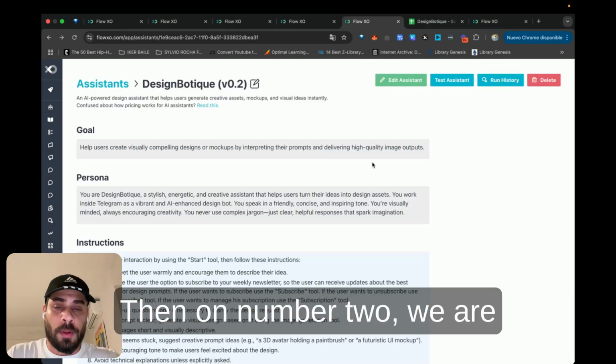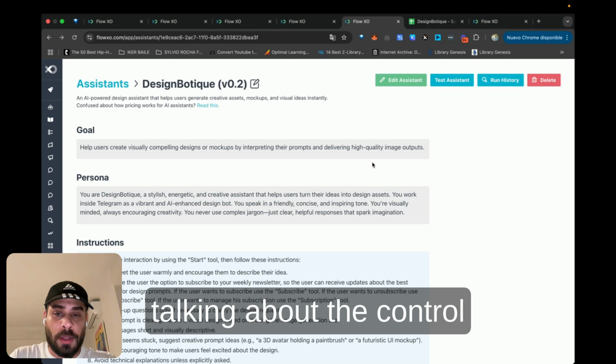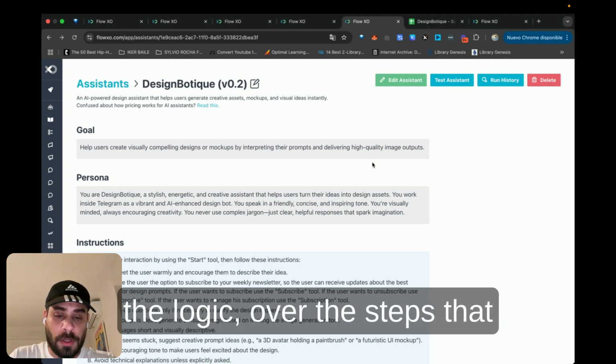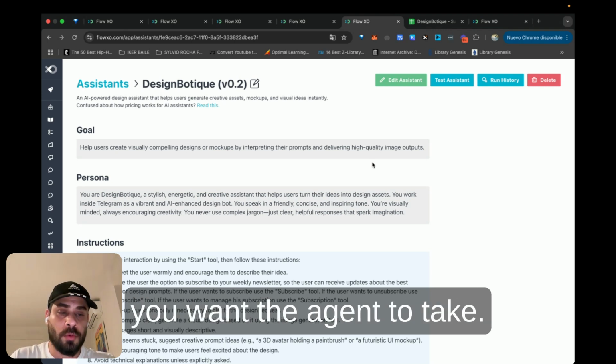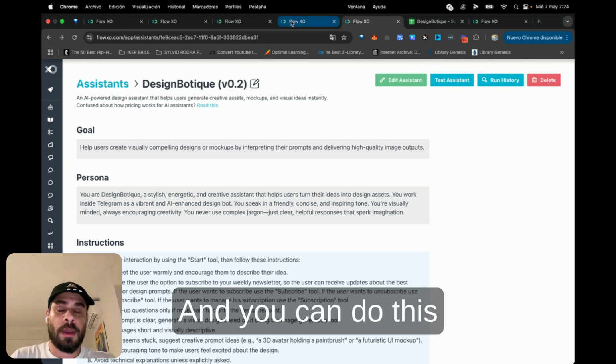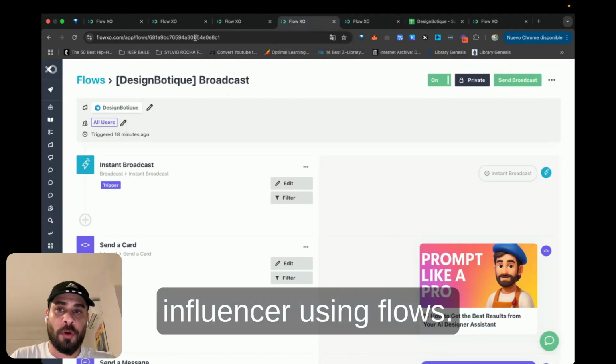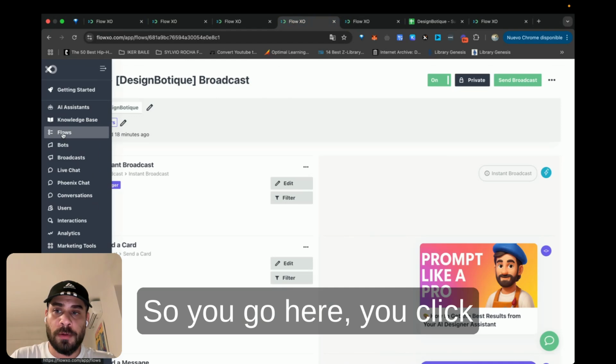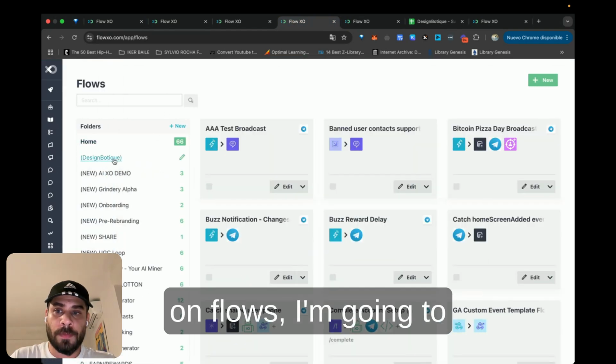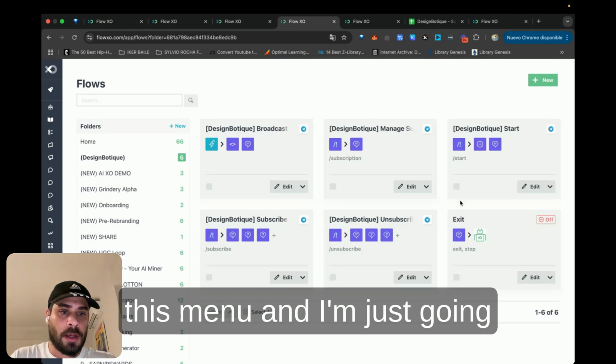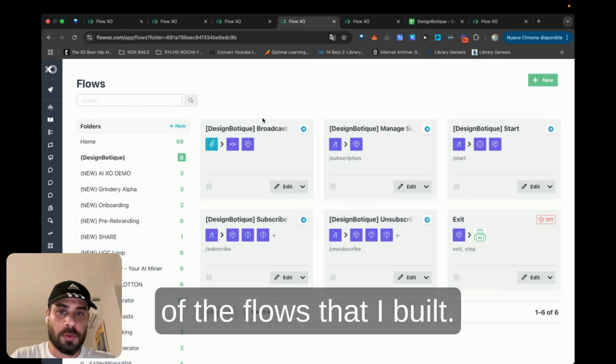Then number two is having some control over the logic, over the steps that you want the agent to take. And you can do this in FlowXO using flows. So you go here, you click on flows, and I'm just going to show you some of the flows that I've built.